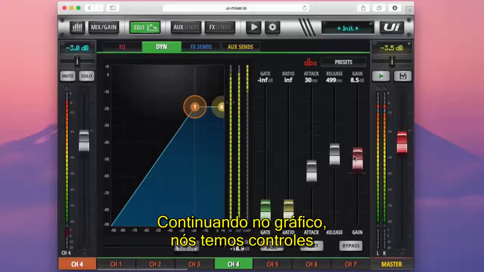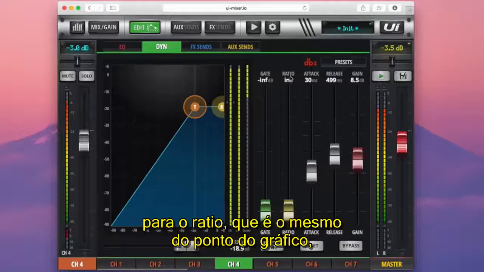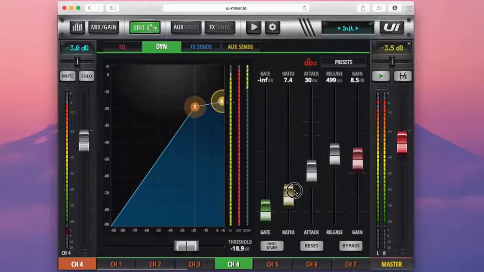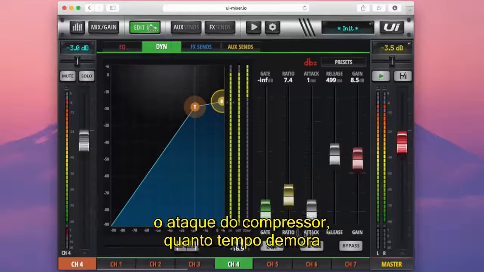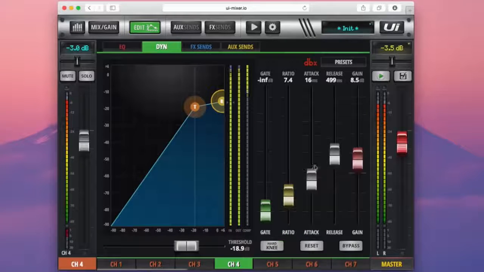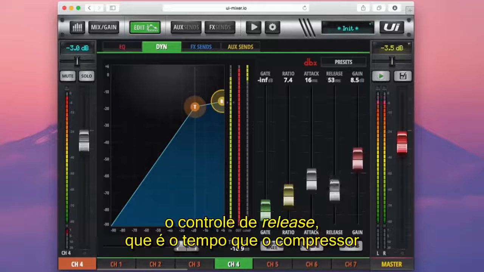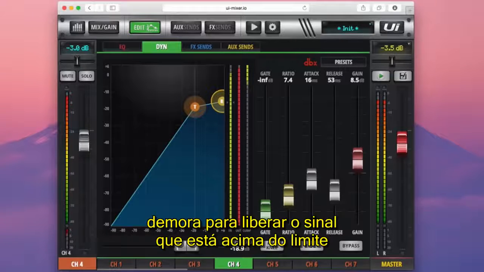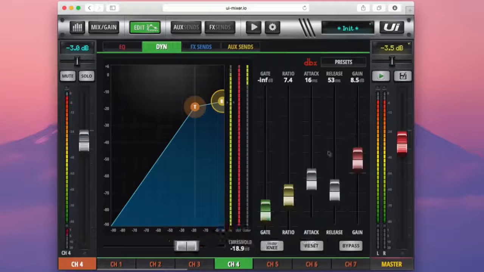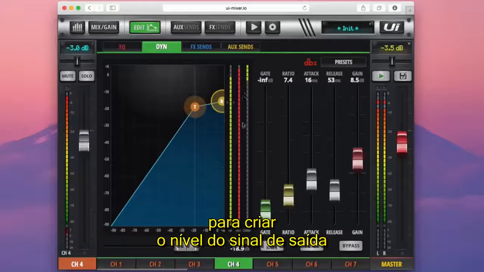Moving across from the graph, we can see we have controls for the ratio, which is the same as the grab point on the graph itself, the attack of the compressor, so how long it takes for the compressor to begin compressing the signal, the release control, which is how long the compressor takes to release the signal that has just gone over the threshold, and then the makeup gain over here, which is what we used to bring up our output signal level with our